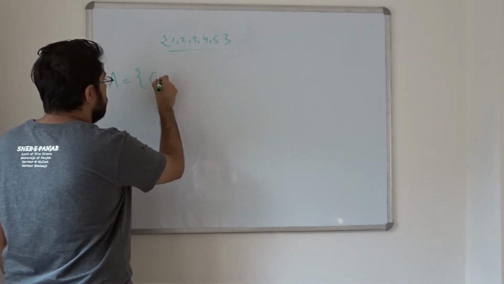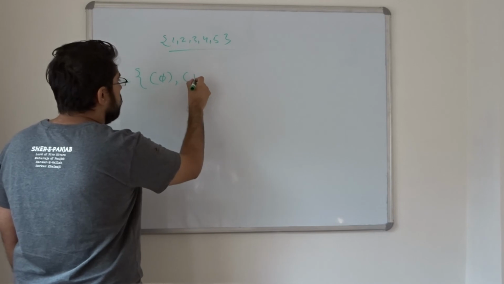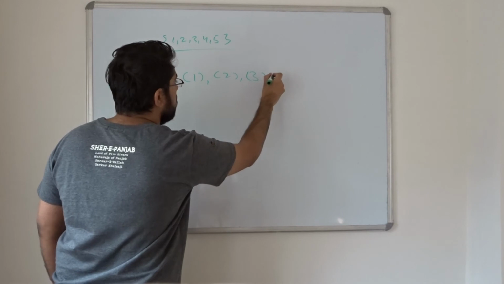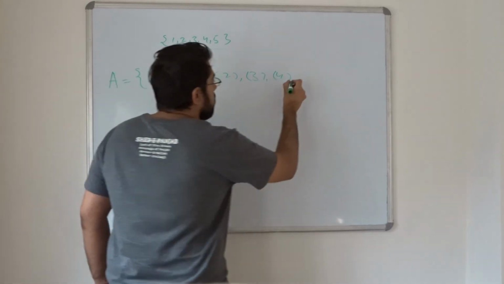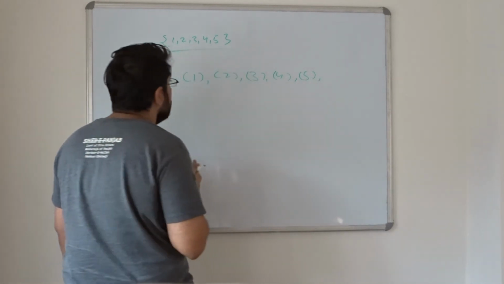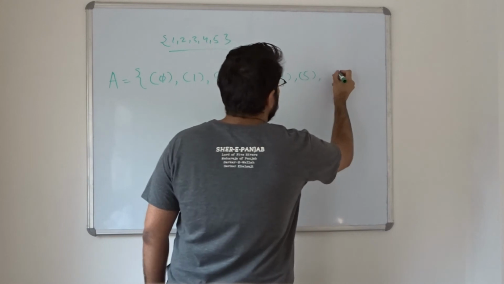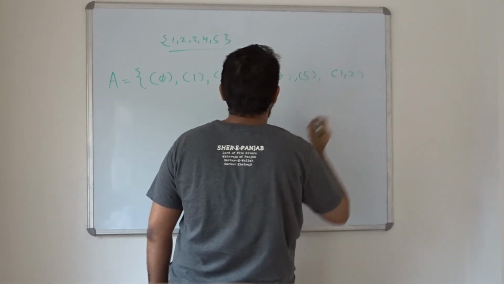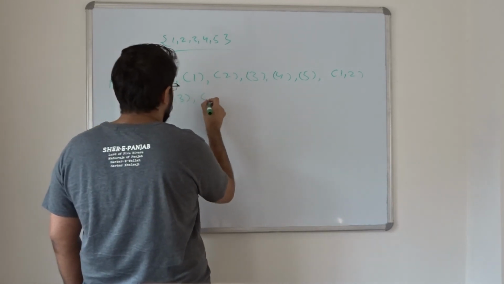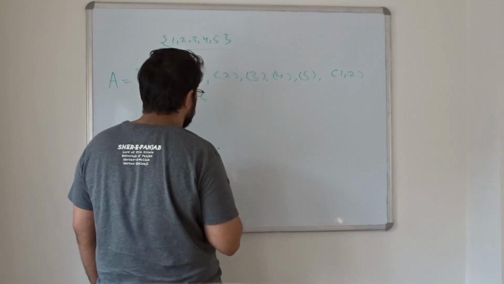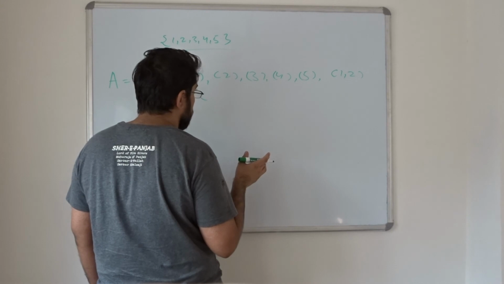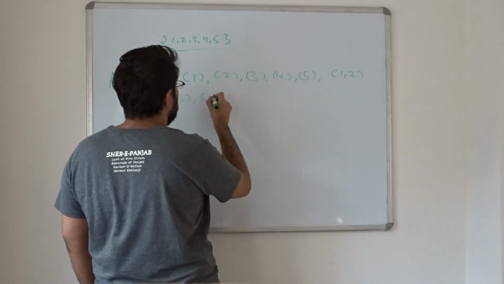Okay, so you have the null set first of all. Then you have {1}, then you have {2}, then you have {3}, then you have {4}, then you have {5}, okay? And now guys, don't forget one thing. You have {1,2}, okay? Then you have {2,3}, and then you have